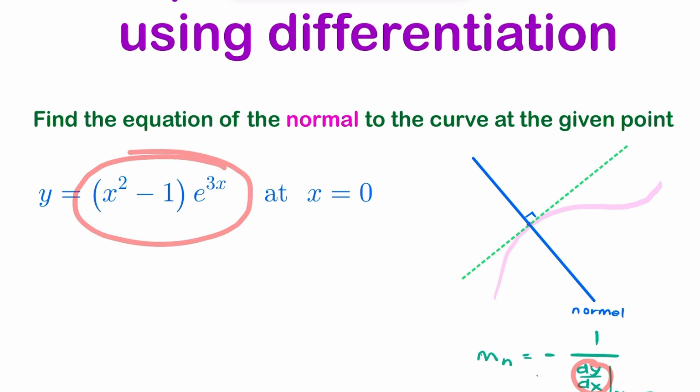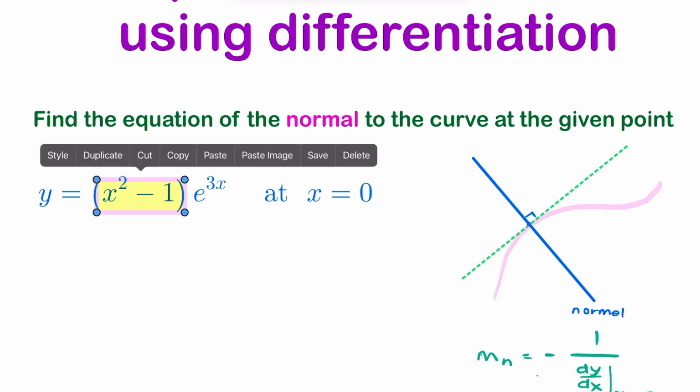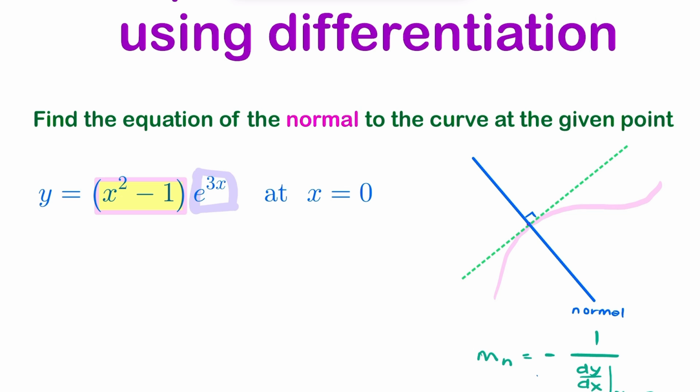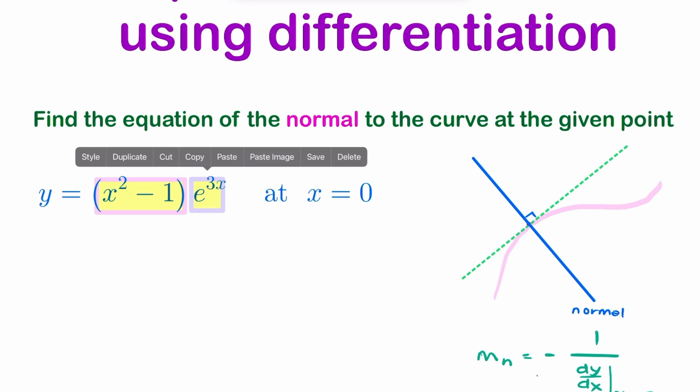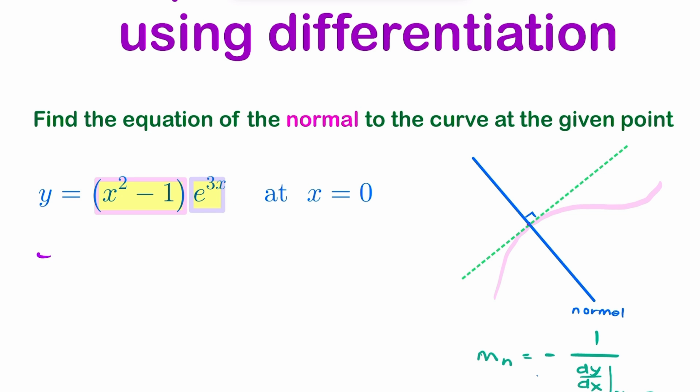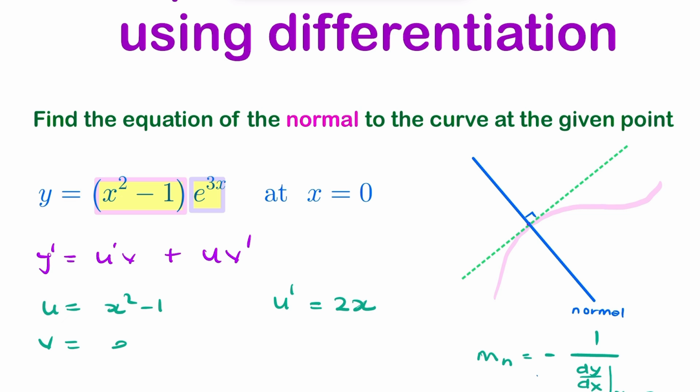So here, that's our function. It looks like we have a product, so we're going to need to look at u and v. If that's our u and that's our v, then we'd use the product rule. So y dash is u dash v plus u v dash. If we write u as x squared minus 1, then u dash is simply 2x. And if we say v is e to the 3x, then v dash is simply